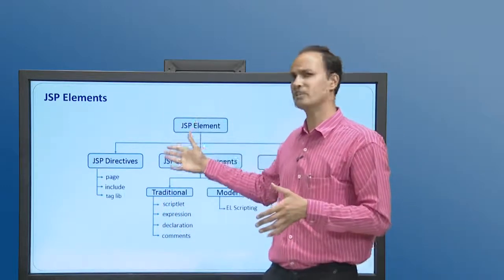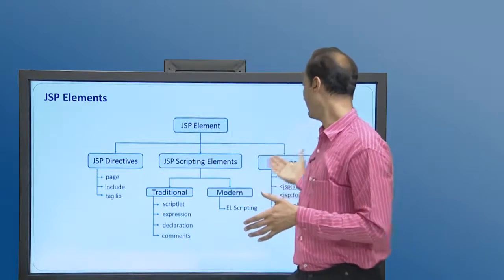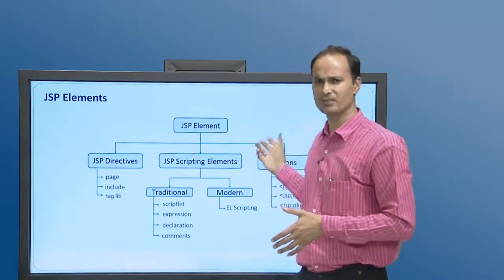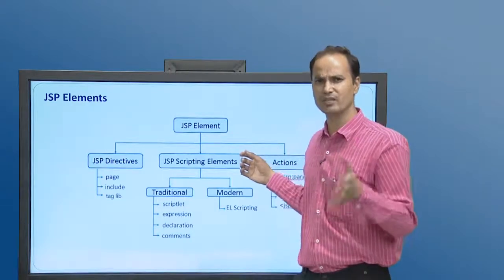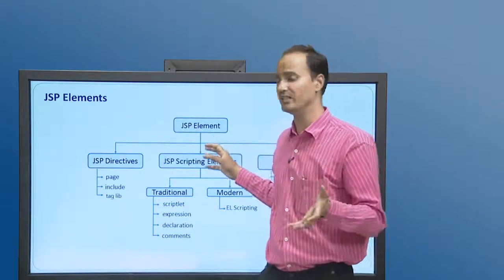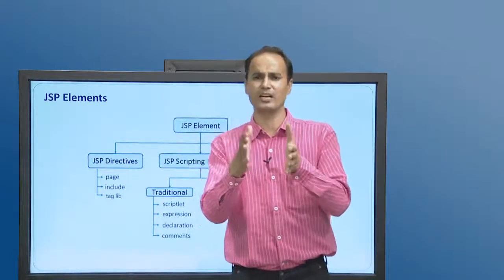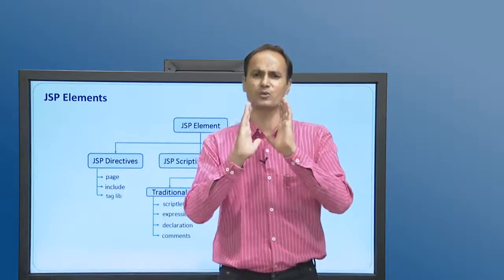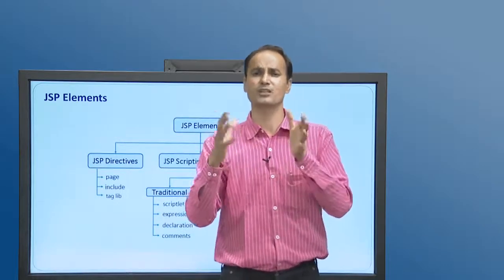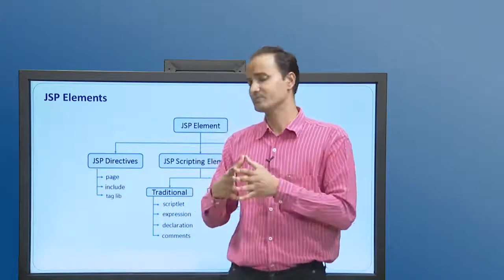So, generally a JSP page will have, we can say, directives, scripting elements and actions. Apart from them, other functionality can be added in terms of expression language and all, but these are the main things that a JSP page can contain. Okay, so directives generally direct what kind of functionality the JSP page is going to perform, what kind of resources or pages it is going to include and process.